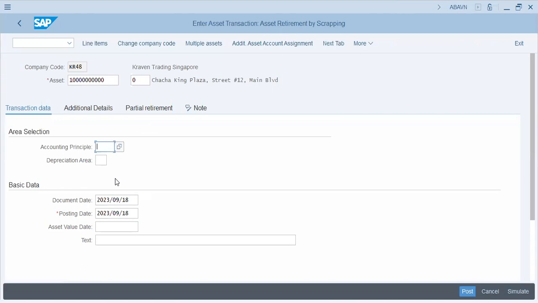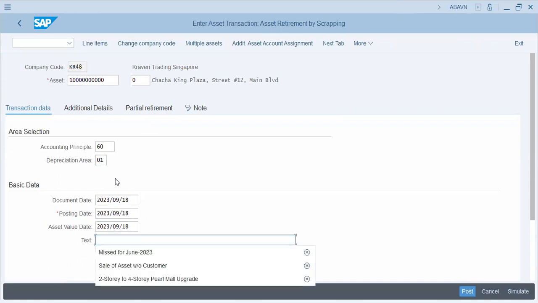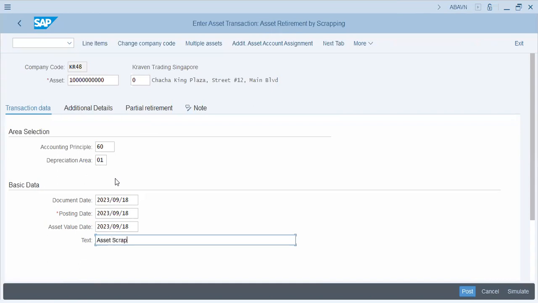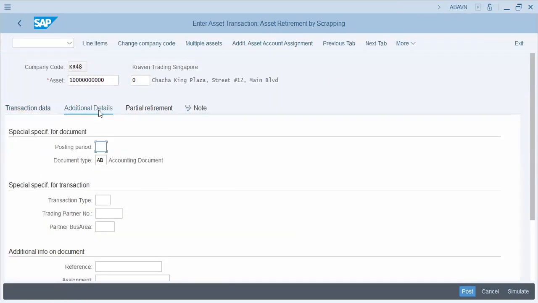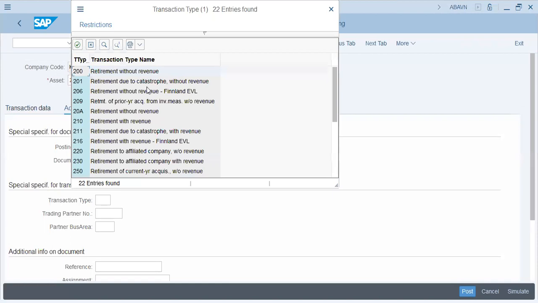Accounting principle 60, asset, value date, text: assets scrapping. Okay, posting period, transaction type will be retirement with revenue, without revenue,